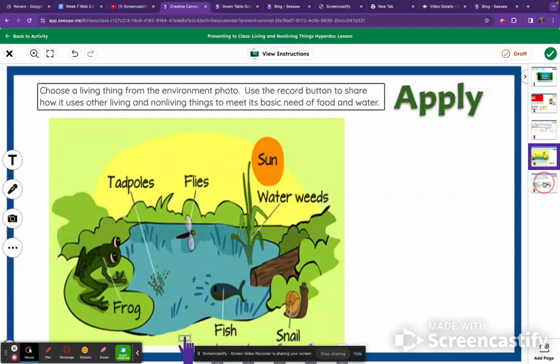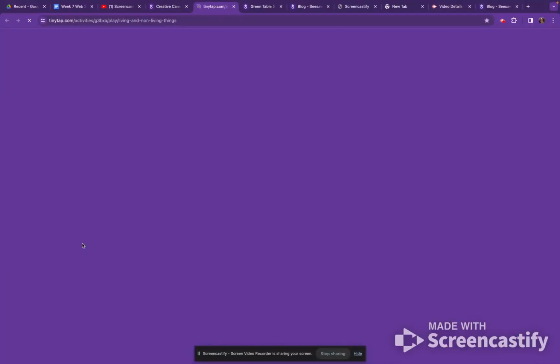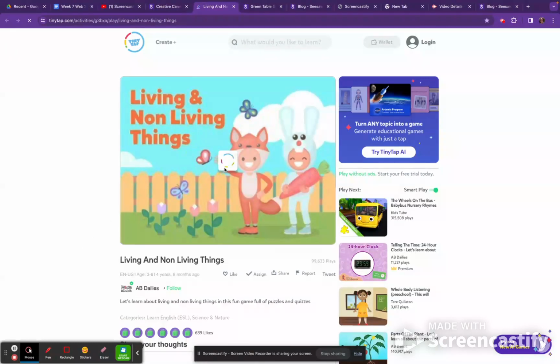And in the last step, the extend step, students will have an opportunity to experience 2 different interactive activities to deepen their understanding of living and non-living things and how they interact with each other in their environments. And these are just interactive games that they'll be able to play. Here's one of them. You click here,